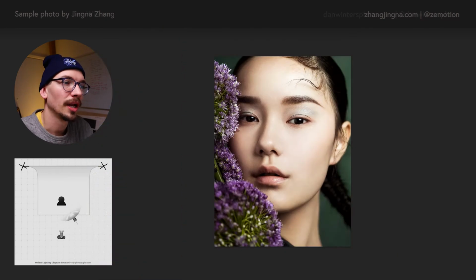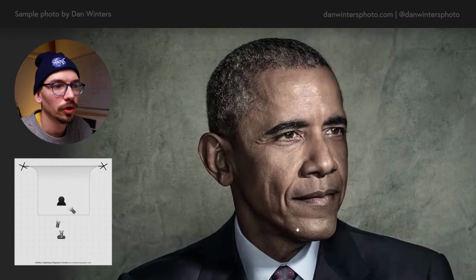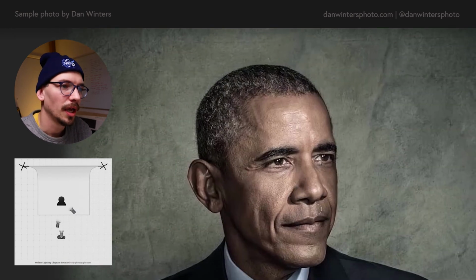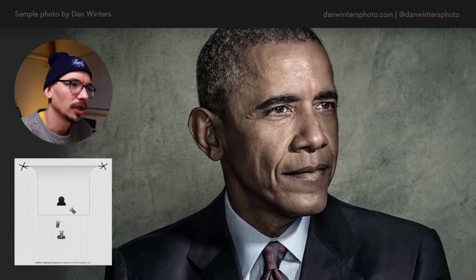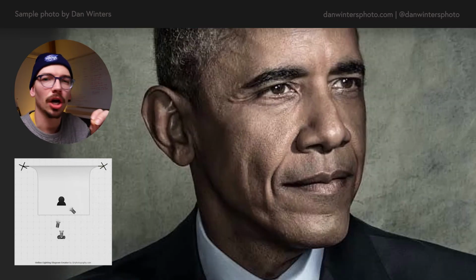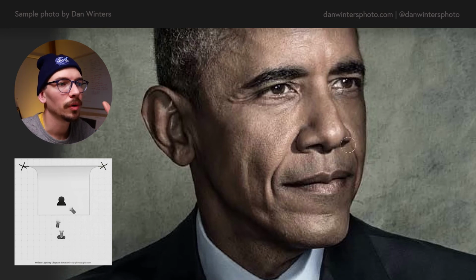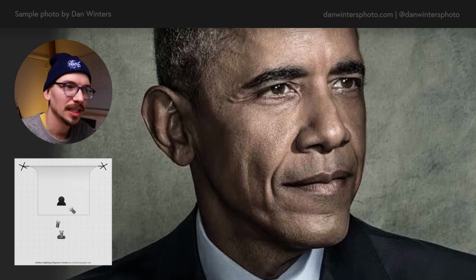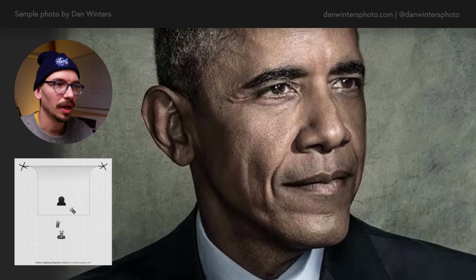Looking over to our next image, we can see compared to the previous one, in this Dan Winters photo, the shadow is really crisp and just that line is super hard. And similarly, if we look at the catch lights, those lights are a lot smaller in size. So right away we know, that's probably a bare bulb flash over there. That first highlight, that's a little smaller. And that's what's really giving this hard directional light. Maybe there's a reflector on it, but it's pretty much just a bare light.